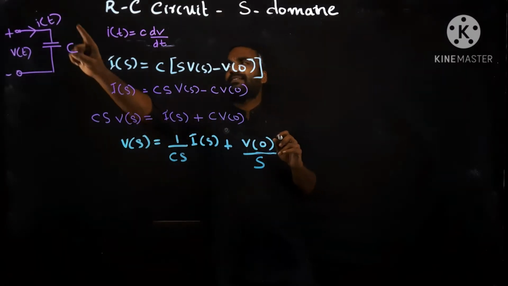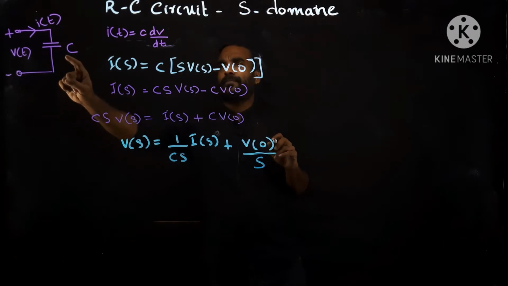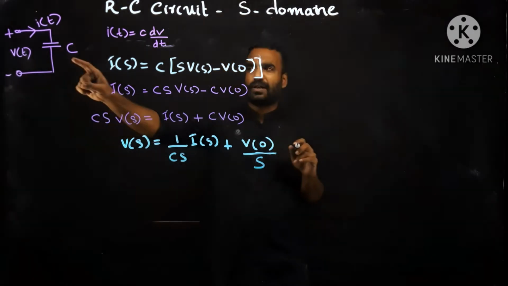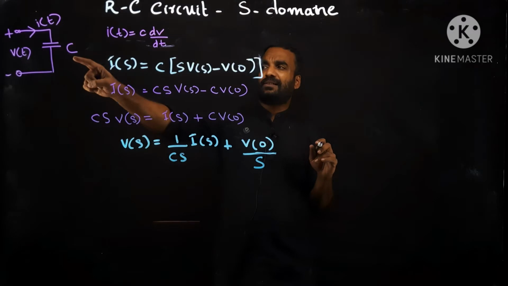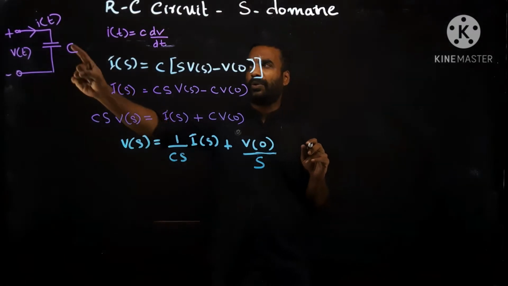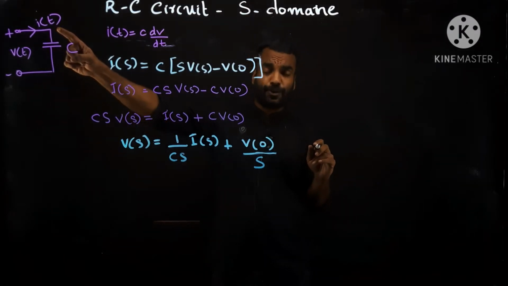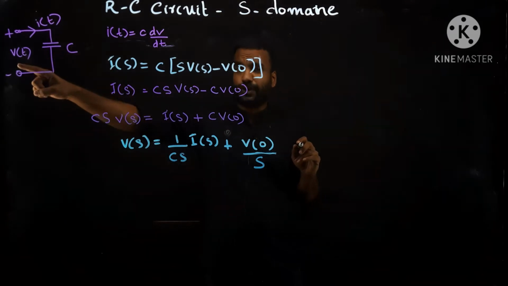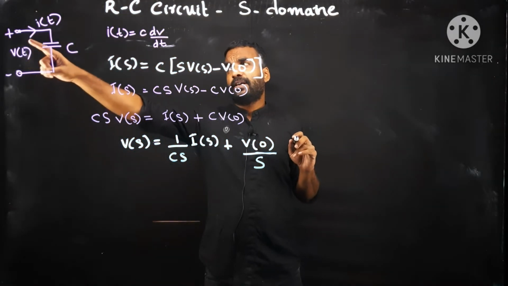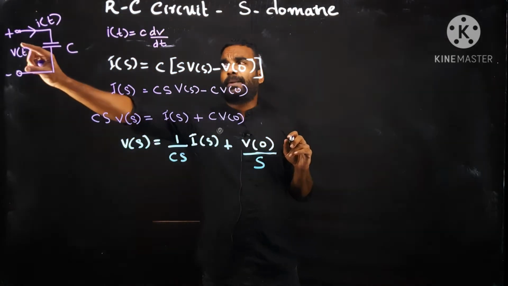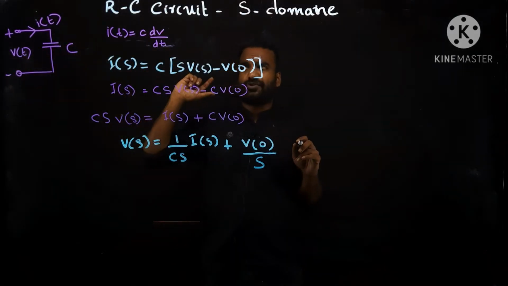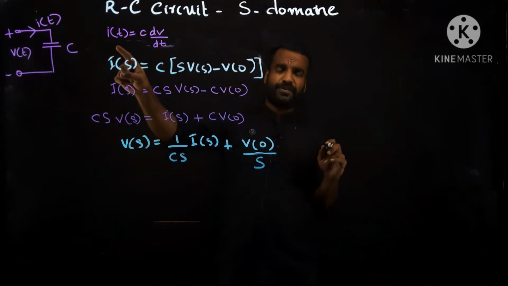So, this is the basic structure of a basic capacitive circuit, not RC circuit. It is the basic representation of a simple capacitive circuit in time domain. Current is I of t and voltage is V of t. Now we are applying a voltage across this capacitor. What is the current equation?